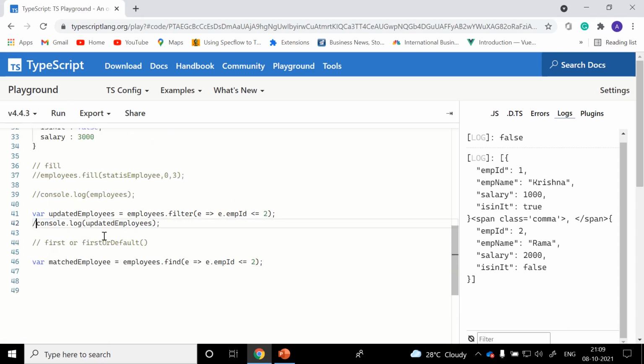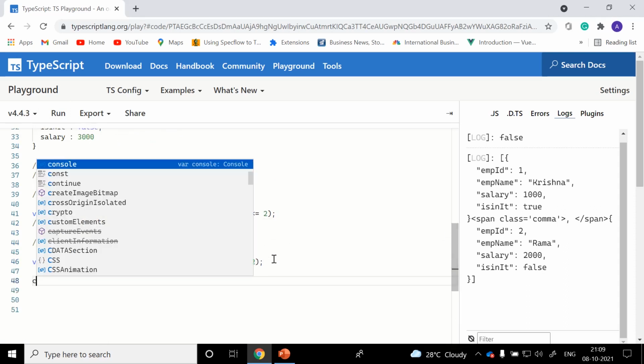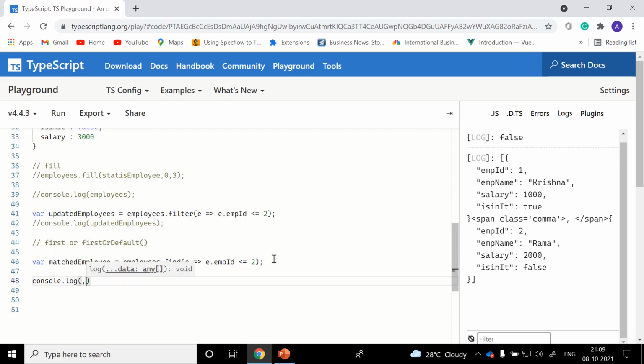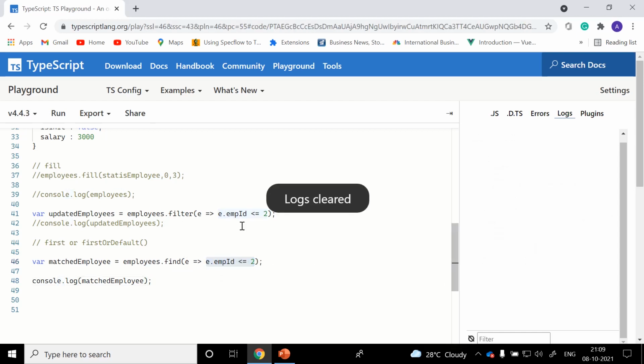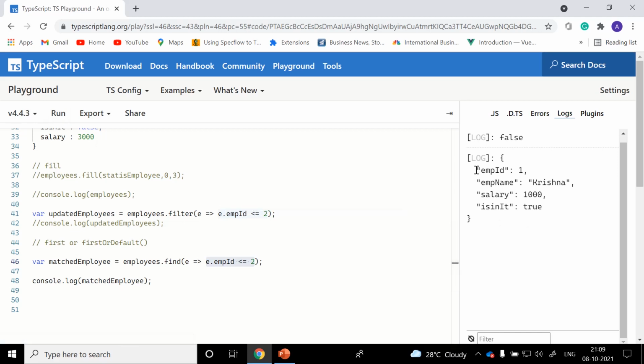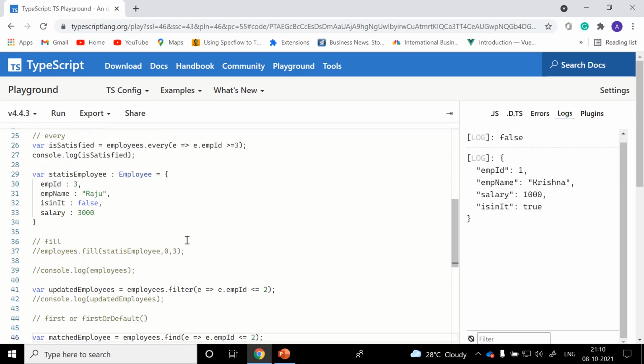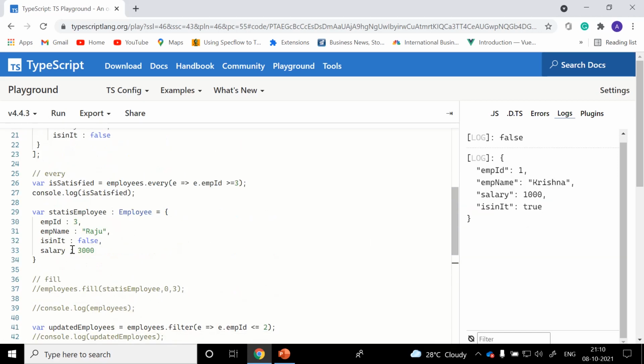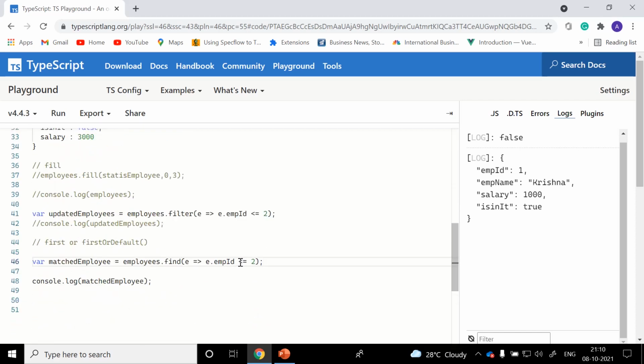Let me comment this console.log and add a console.log here to see the matched employee, the first employee matched with employee ID less than or equal to 2. Let me run it and we can see there are two employees that fall under less than or equal to 2, but it always returns the first one.